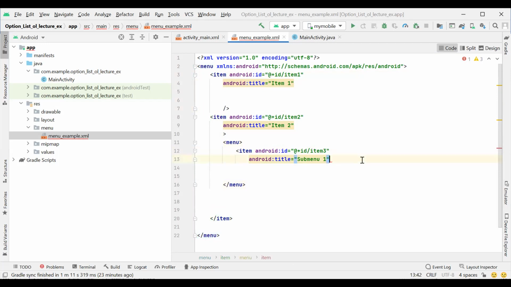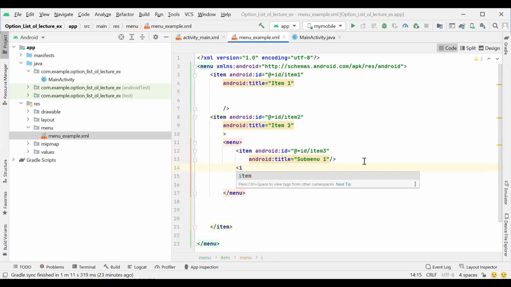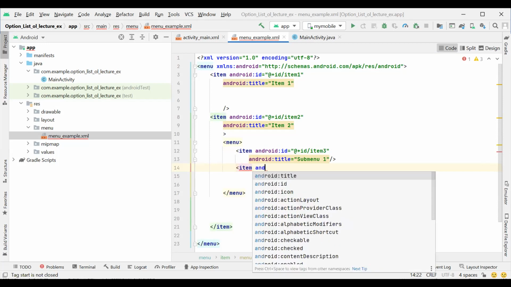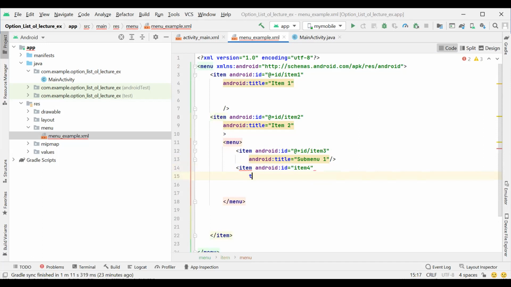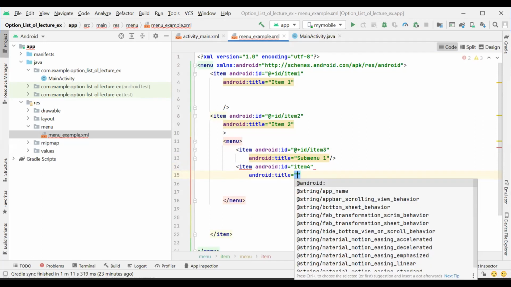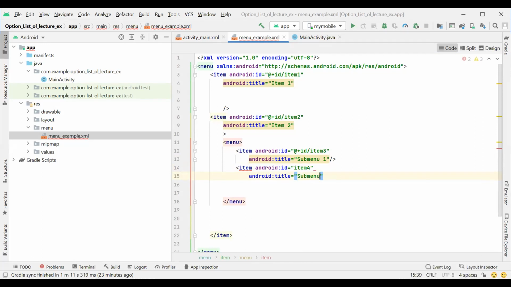We close the item, and create one more item under the same menu, with the ID item4 and the title submenu 2. Then we close it. Now we can see its design.